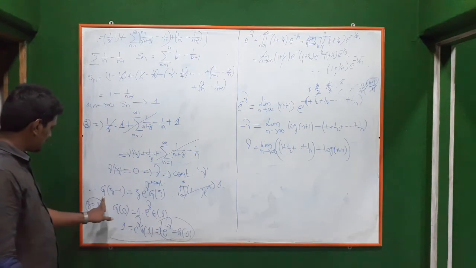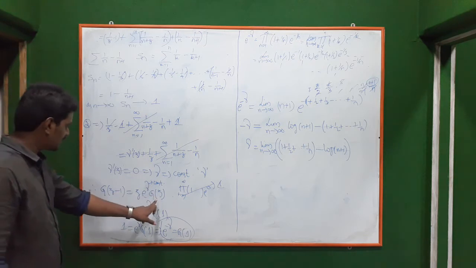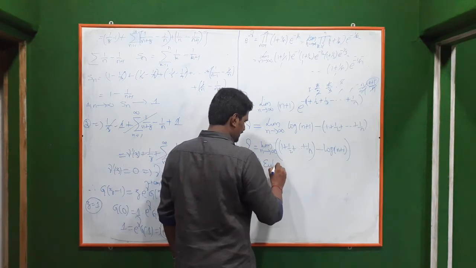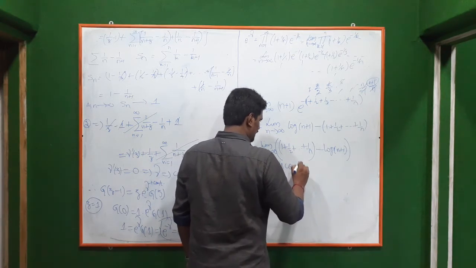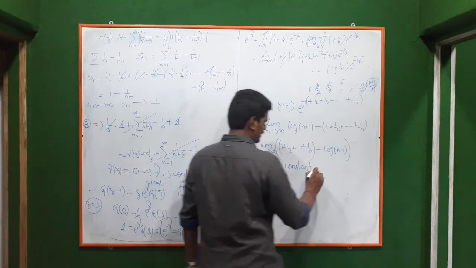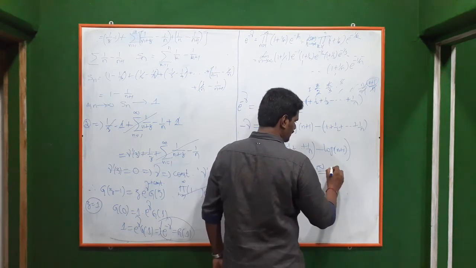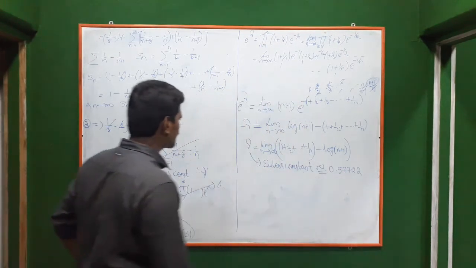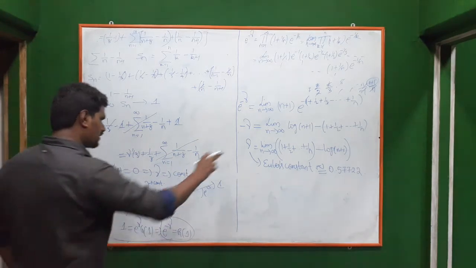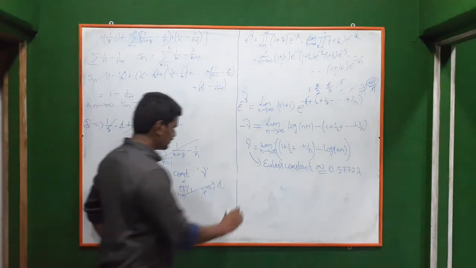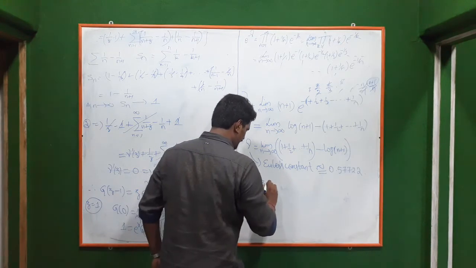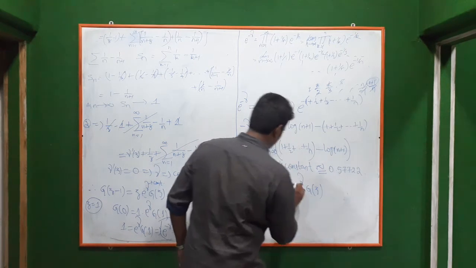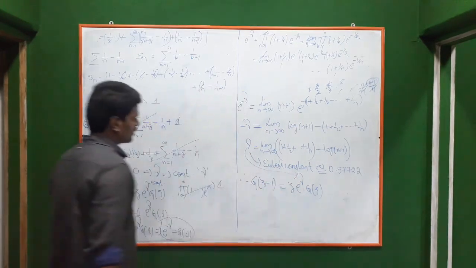Okay, so for this gamma, g of z minus 1 is equal to z into e power gamma g of z. This value is called Euler's constant, which is approximately equal to 0.57722. Okay, the approximate value for this Euler's constant. So that constant we can use here. Therefore we have g of z minus 1 is equal to z into e power gamma g of z with this gamma.